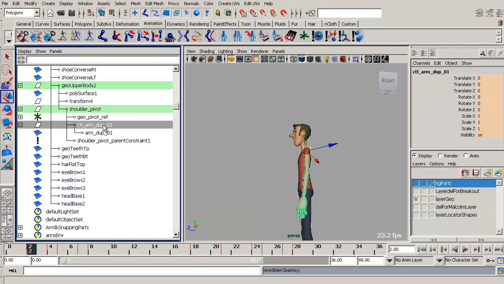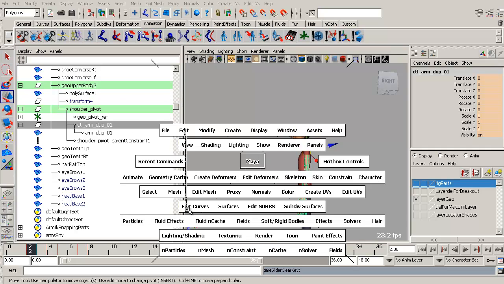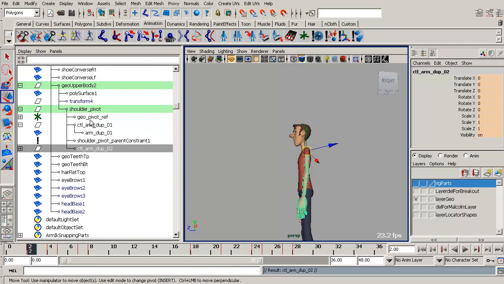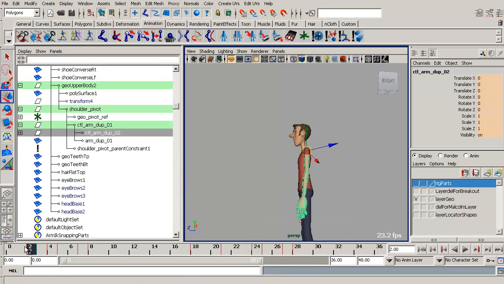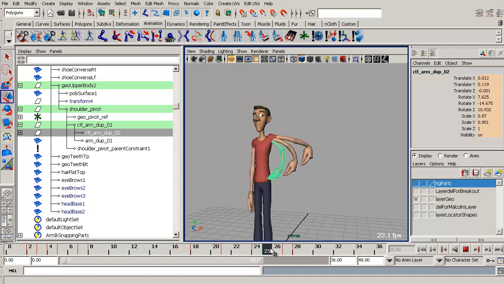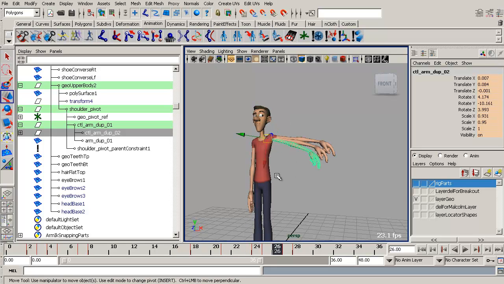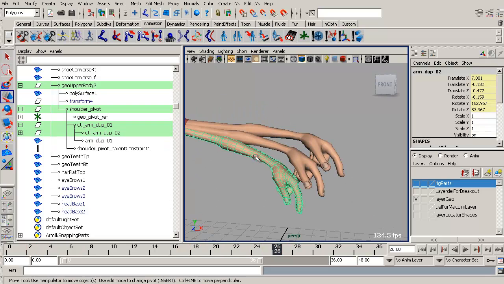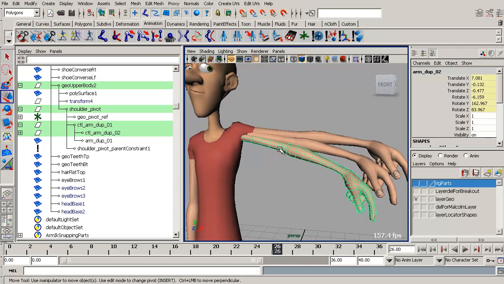Okay. Duplicate this guy and then parent it to the first control group. Okay. That looks decent enough. And for this second duplicated arm,